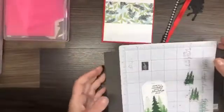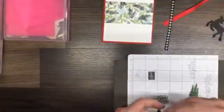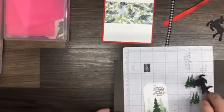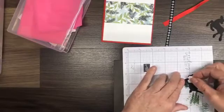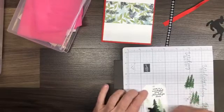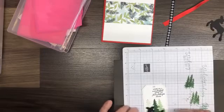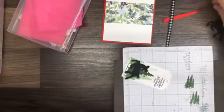And we are going to grab a deer. I have this guy here, and I'm going to put him on a dimensional or two, just so he kind of pops off the page a bit. And you can put him wherever you want him. I think maybe I'll put him down here. I like that. Now at the top we are going to